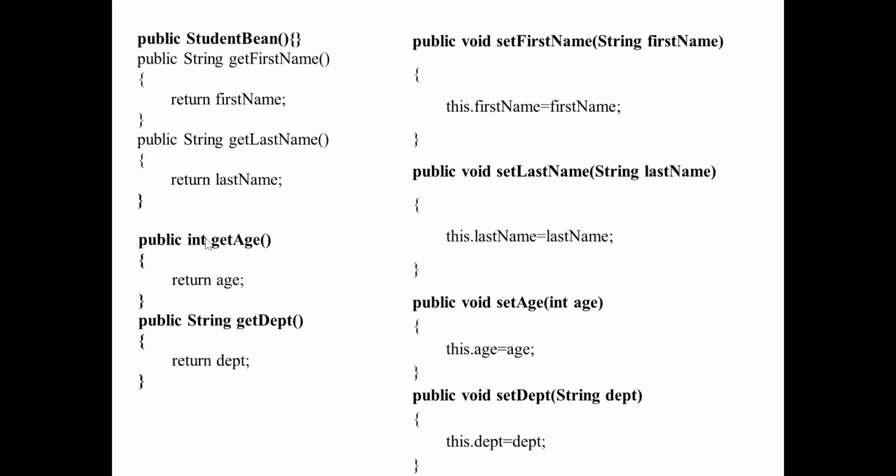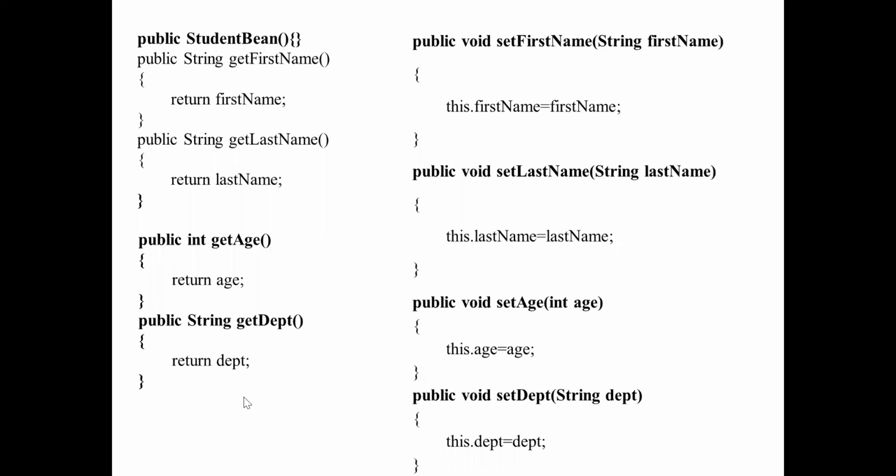So simply you should write public, I can take another student bean. In the student bean, we have to get the information: first name and last name. The second one is public, where we can get the age by returning the age. And the fourth variable is to get the department and return the department. So this is very simple. So public student bean, you can use a public String getFirstName and return the first name. Same type, last name, return the last name. Get the age, return age.